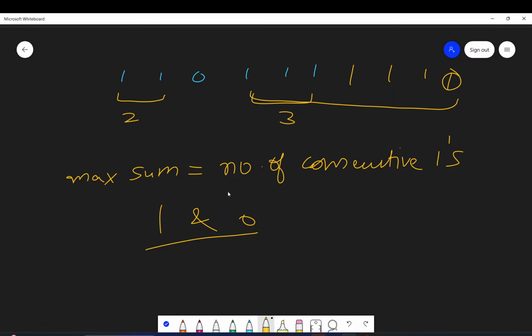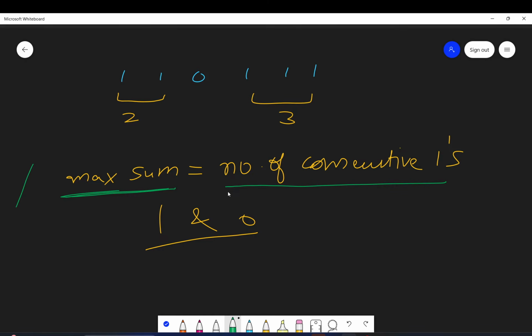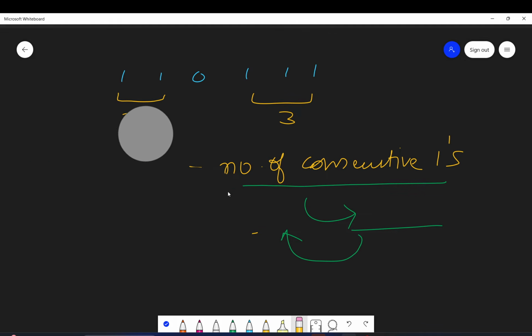Do you agree on that? You should agree on this point, that whatever maximum sum I get will be equal to the number of consecutive ones. If you are able to understand this, then you can proceed further. Else you can skip back to the approach part and listen again to what I am trying to say here. Okay. So if you are clear with this point, let's proceed to the dry run.